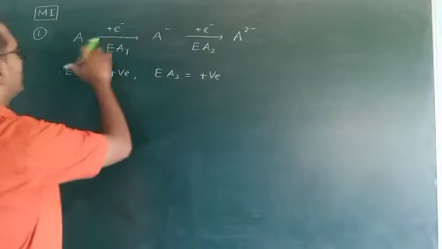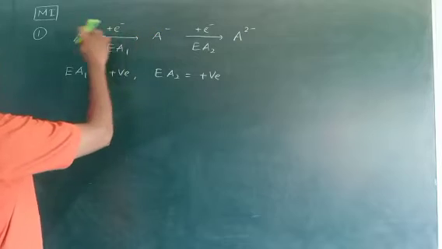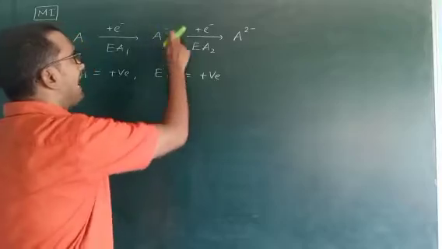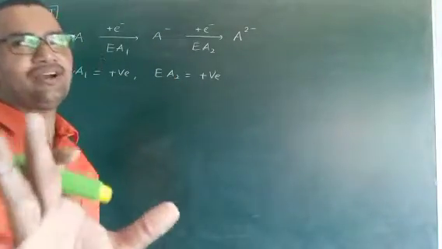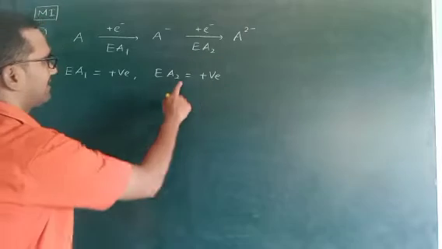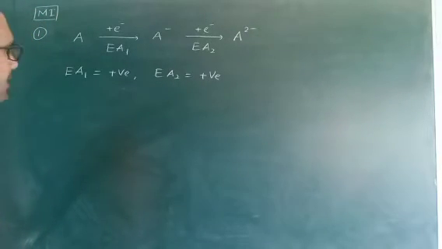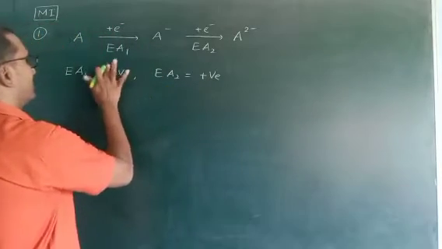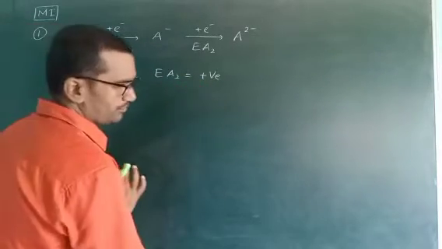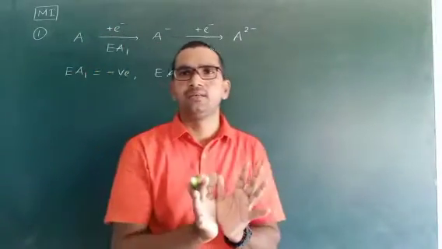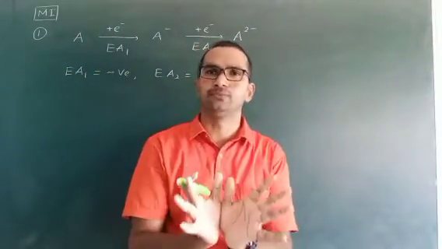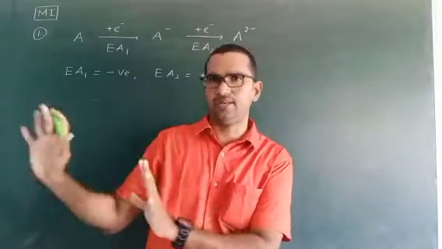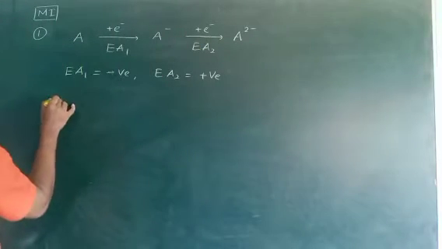Why? Because first this is a neutral atom. So for a neutral atom, if you add one electron, it is converted to A minus. But when you add a second electron to A minus, this is an anion. For an anion, always energy is required. So delta H is positive. Do you understand? So the first one is negative and the second one is positive. So according to electron affinity, we expect the electron affinity value to be negative, except in some cases, means stable elements and anions. That's why the important point is here.